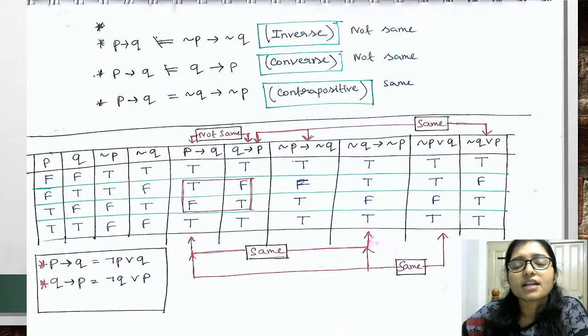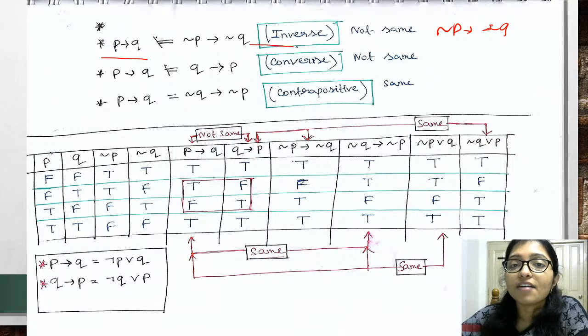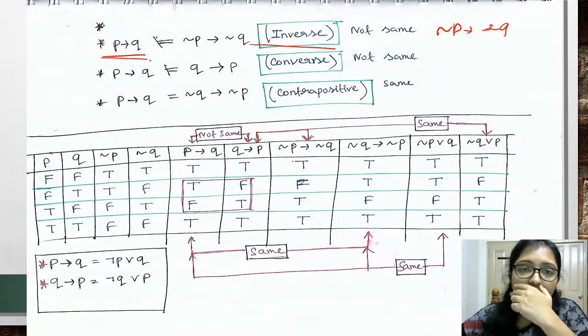This was on inverse, converse and contrapositive. So what is inverse? The inverse of P implies Q is not P implies not Q. That is the inverse. These are not the same, don't be confused. P implies Q does not mean you can write not P implies not Q. Okay, this is not the same, because if